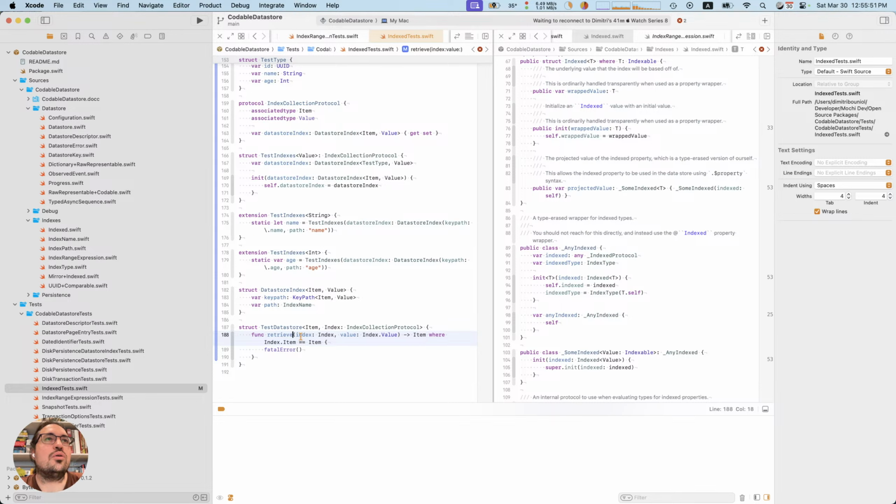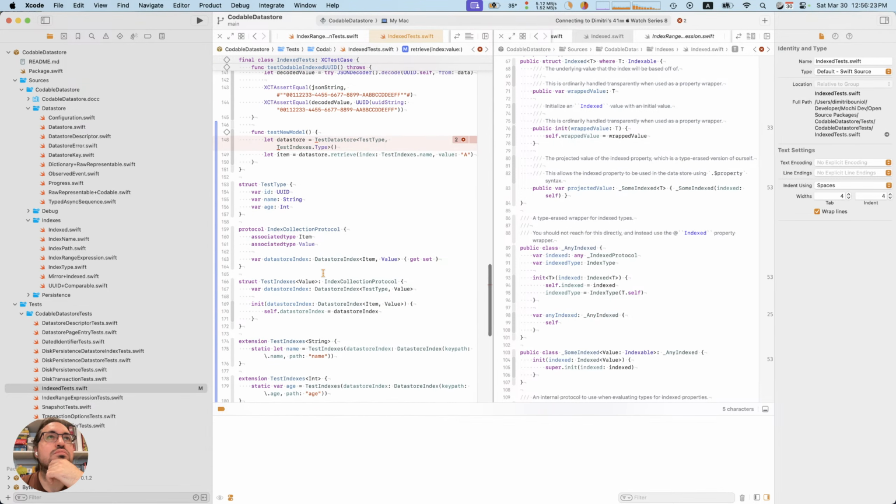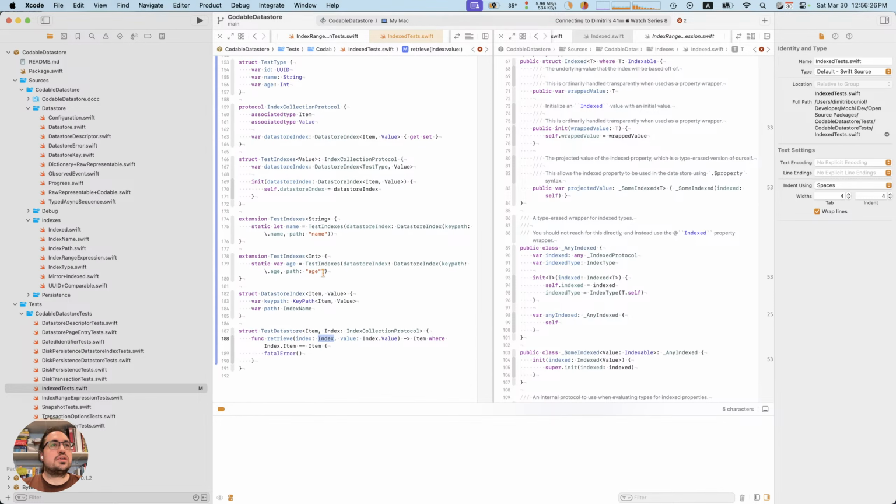Ironically enough, I think the only thing that might be able to help is the silly key path syntax. But if we use key path syntax, that allows us to get the value then and there. I mean, let's try it.